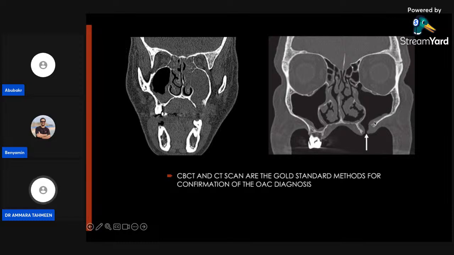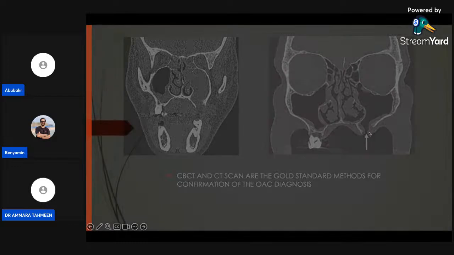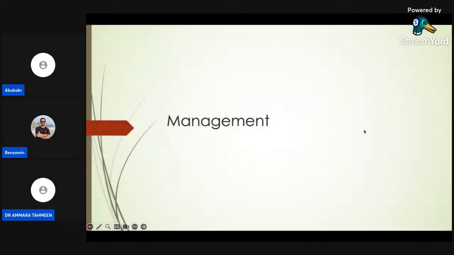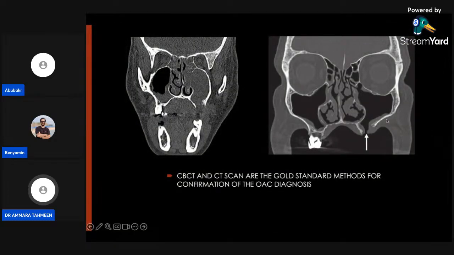And also you can see this sinus membrane thickening is continuing here. So as you can see, there are no free bony margins. Can you compare here with these two images? There are free bony margins here. That means it's a fresh oroantral communication. And this one, maybe it's more than one week old oroantral communication. So it has led to the epithelialization of the oroantral communication.